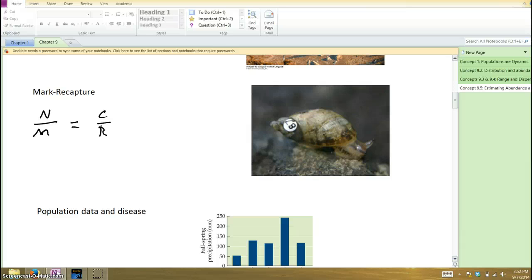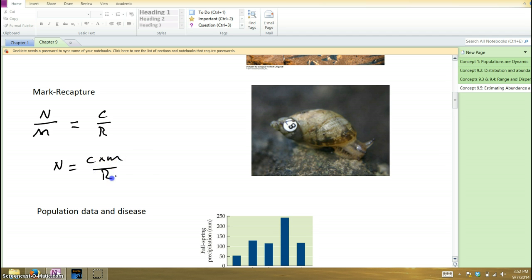C represents the ones that are subsequently recaptured, okay? And R represents, of those that are recaptured, which ones are marked. So for example, again, we're trying to estimate N, and so we can rearrange this